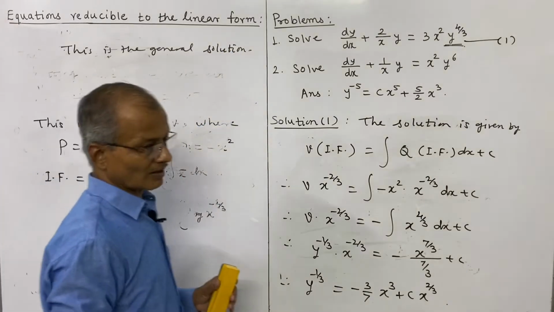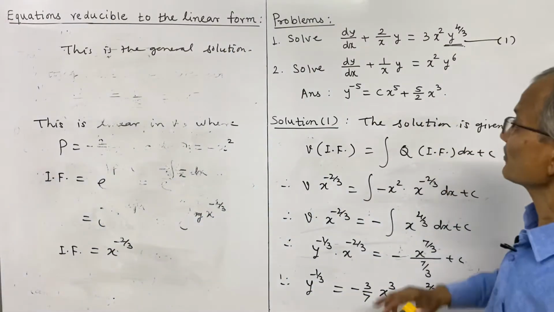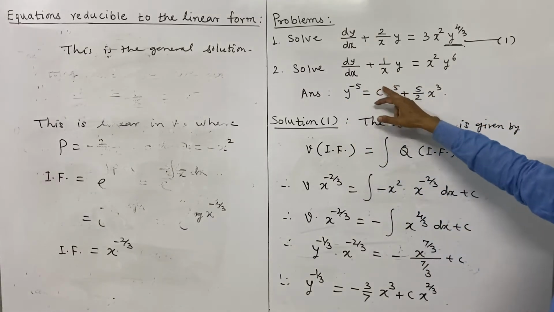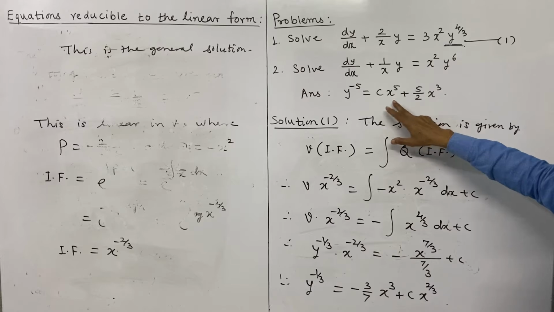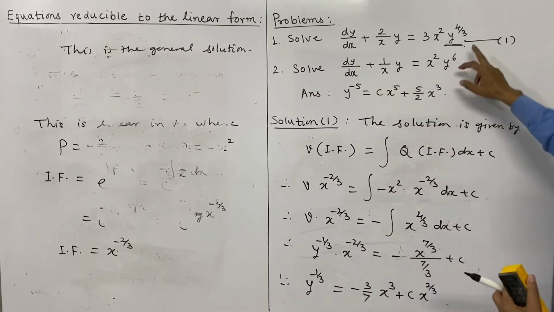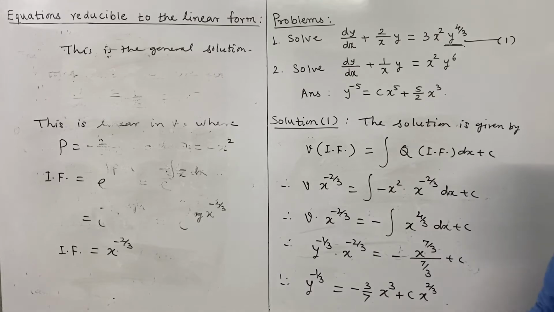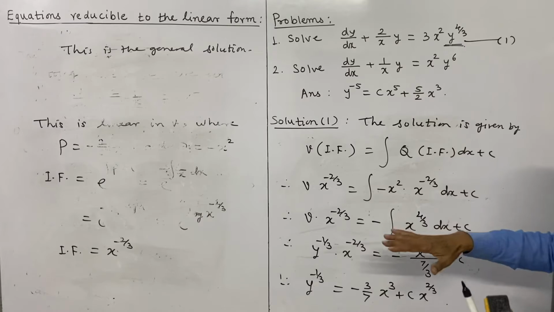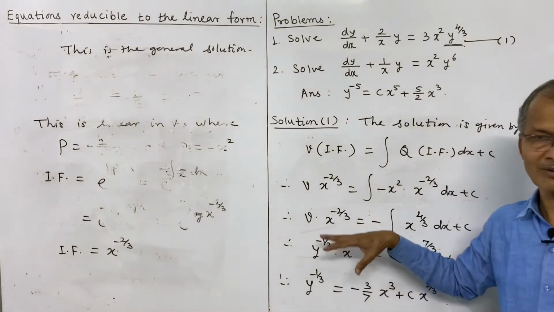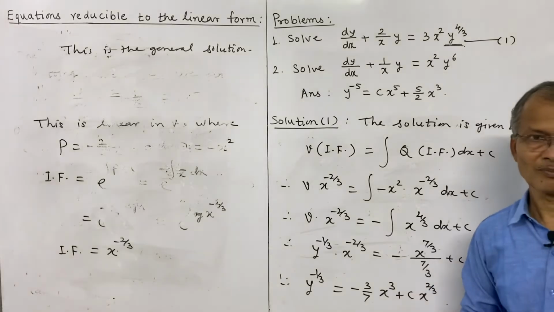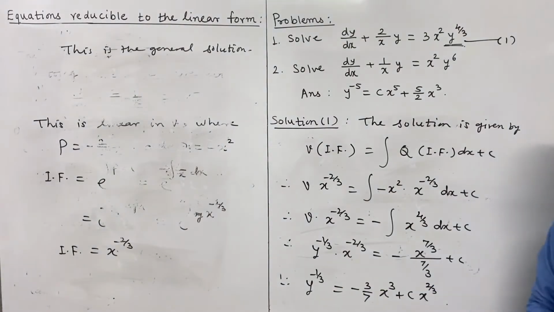Now see, exactly similar is the second problem, and I shall leave this for you to solve. Here you note the term of y and divide by this term. Note the value of n is 6, so minus n plus 1 will be minus 6 plus 1, that is 5, etc. Do the same steps that we have done for the first problem, and the answer will be of this form. So please solve the second problem.